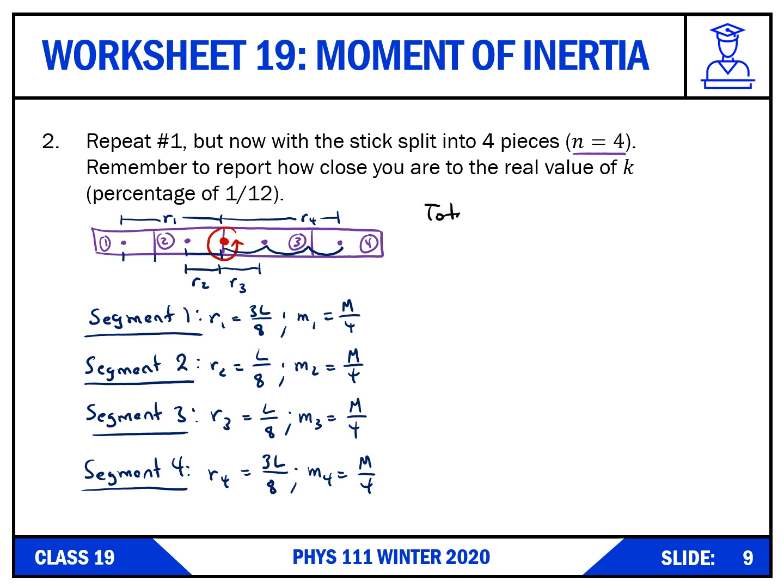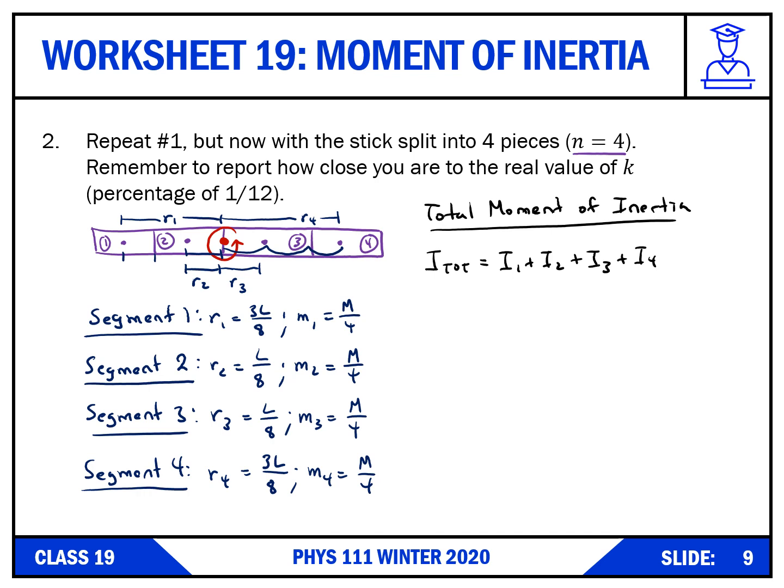Okay, so now we calculate the total moment of inertia. That is going to be I total is equal to I1 plus I2 plus I3 plus I4. So that's M1 R1 squared plus M2 R2 squared plus M3 R3 squared plus M4 R4 squared. That's going to be